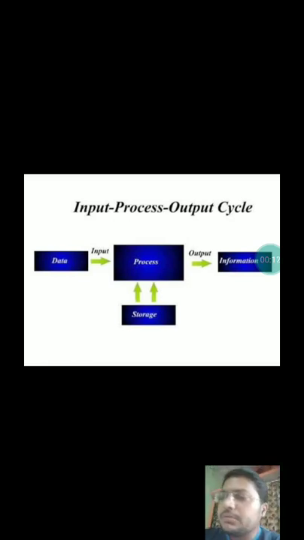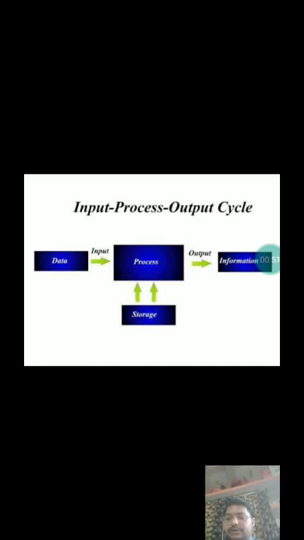Today you have a video based on input, output and storage devices. First of all, as you see, the input, process, output cycle, the working cycle of a computer. I will discuss the working cycle of a computer. A computer is an electronic device that accepts data and instructions given by the user, processes them accordingly and gives meaningful results. A computer system performs three basic functions: input, process and information, as well as output.